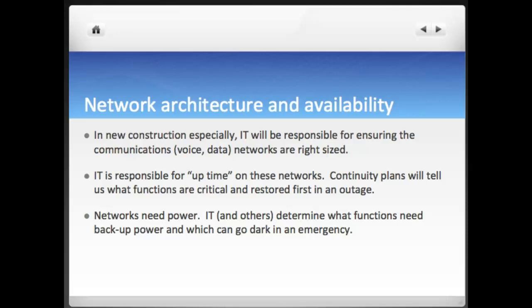Last things might be, I don't know, the lighting in the cafeteria, right? The research library's outlets, right? Most hospitals have a small research library of sorts where doctors can go and look stuff up. So they make that continuity plan. And then networks need power, right? So what stays up and running if the power gets cut from the outside, right? Most buildings don't have 100% generated power. Some data centers, big server farms, if you will, have that capability, but the offices that surround that center function, they don't normally have backup power.